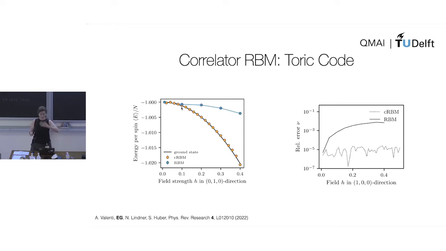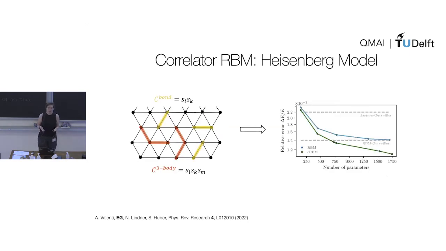Suddenly, again, for this example of the sigma y field projection, the correlator RBM captures this energy curve very, very well. And just to say, this was not for one selected example; we picked other Hamiltonians in condensed matter that people care about. For example, whenever we have a triangular lattice, it's kind of interesting because imagine you have a spin here and you have a spin here, and then your Hamiltonian tells you whether this or this energy is better. But if you have a third spin here, you get the so-called frustrated system, right? Because suddenly the system cannot decide which configuration will lower the energy the most. So we tried some of these triangular models where we were adding correlators on the bonds and the three-body terms. And again, we were able to find a new very good minimum for the variational energy,